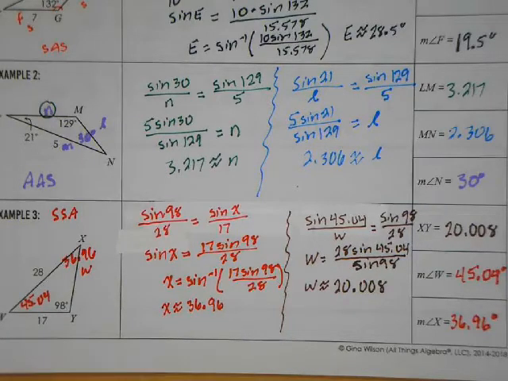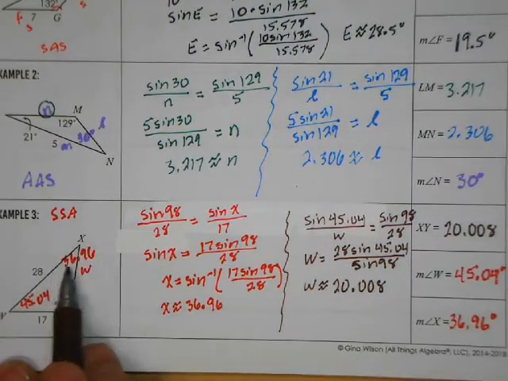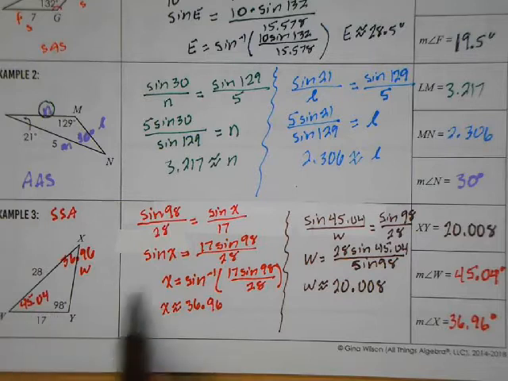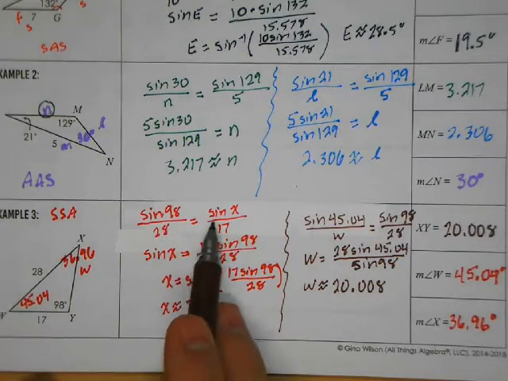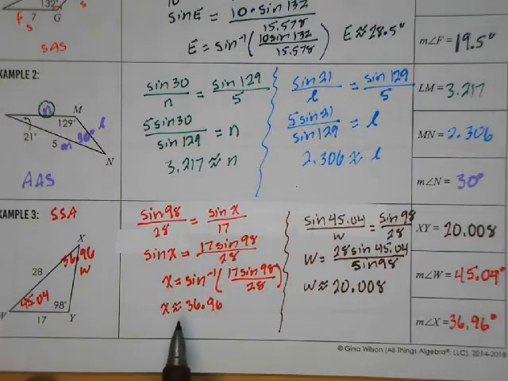The first thing that I did was made a mistake, and you can see that I whited it out. So the second thing that I did was recognize, because we're looking at side angle, that tells me I'm going to be using the law of sines in some capacity. And with the ratio that they're giving me of this angle to this side, I was able to find this angle because they gave me this side here of 17. So sine of 98 over 28 is equal to sine of x over 17. And here, solving for x, when I do the inverse sine, I get about